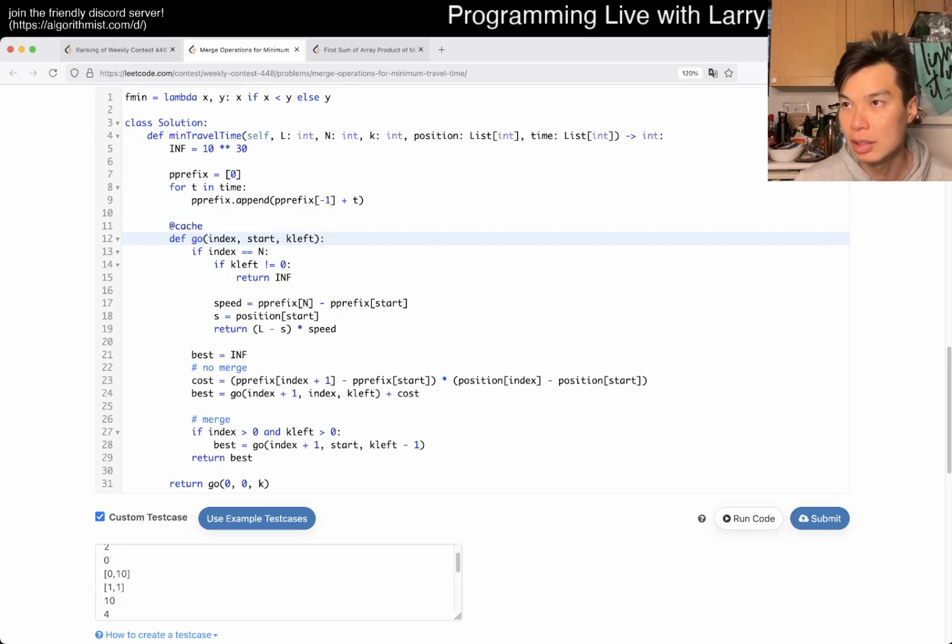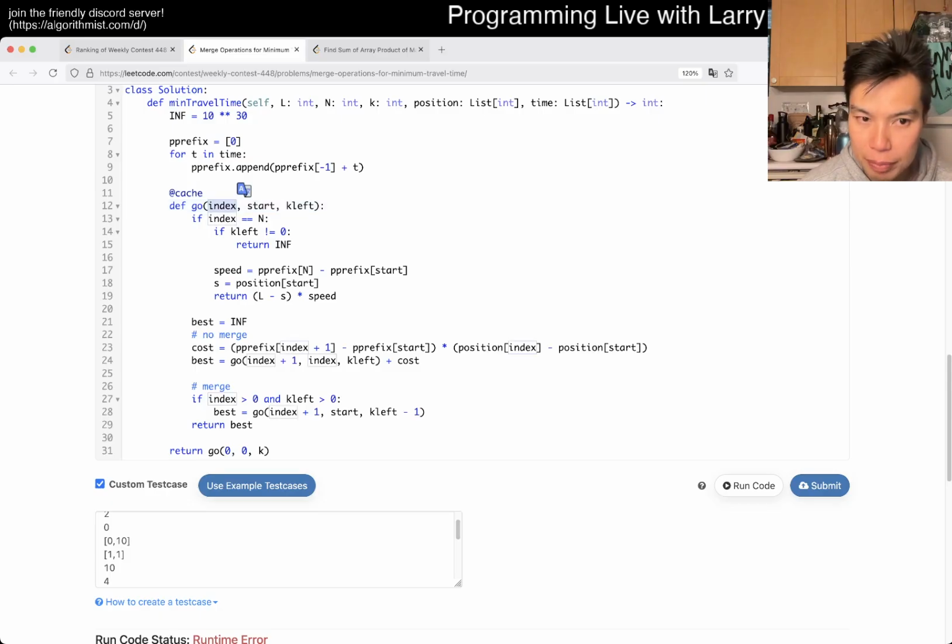So you start at 0. Okay, so let's say you're at index 0. You want to say no merge with the next one. So then now you have to travel to it. Okay, I think the base case is wrong then, because then we cannot compare it to the next one. So this is the last one. So that's why I'm. Okay, I think this is where I was struggling a little bit. Okay, as a result,